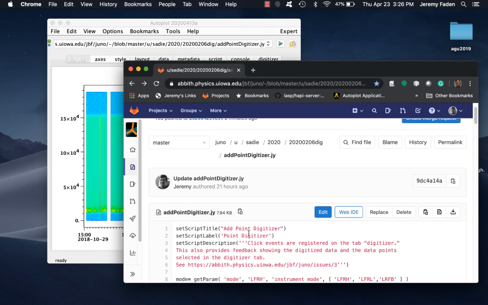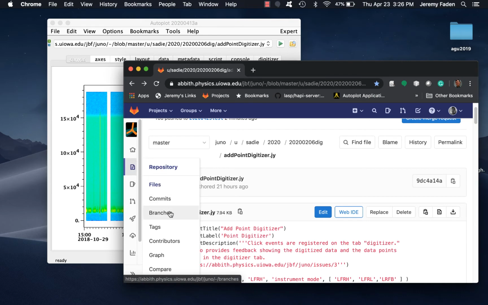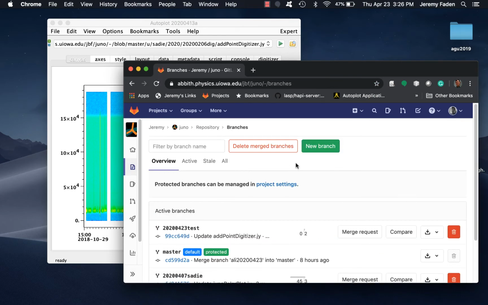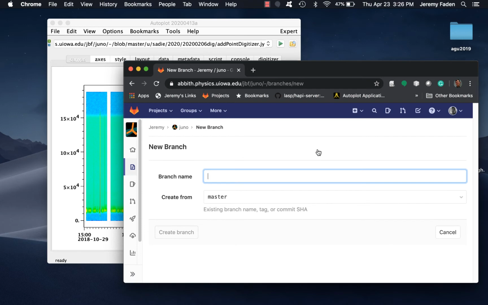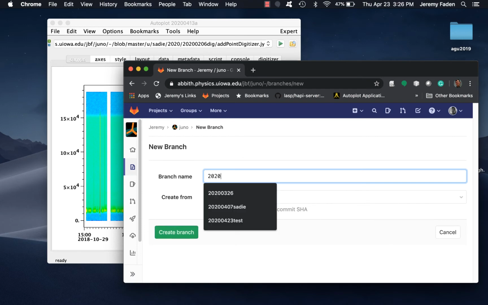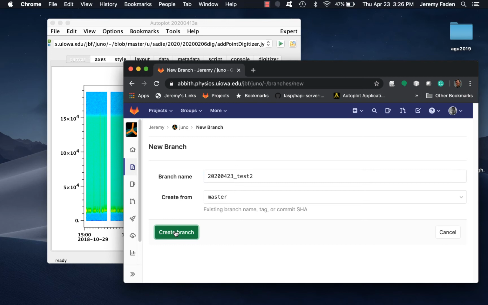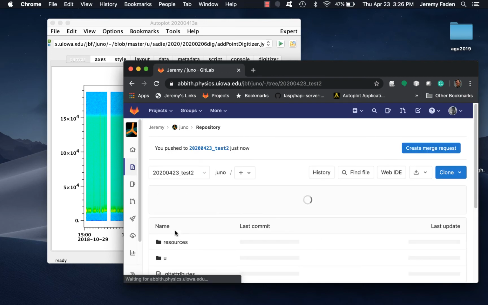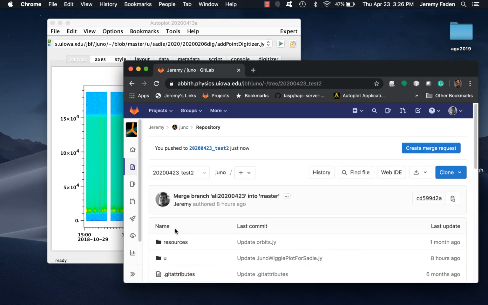Okay, so now after I'm here, I can make a branch. So there it is, branches. Okay, so new branch. Okay, so it's going to be 4, 2, 3, test 2. I already started the test 1, that's why it's test 2. All right, so now